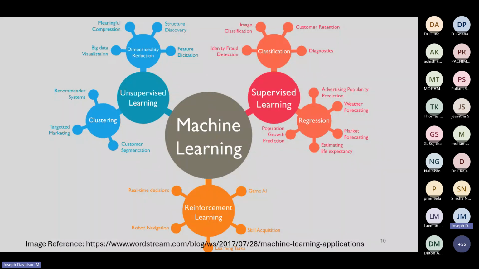And in machine learning, there are different types: supervised, unsupervised, reinforcement learning. Like that, there are different types. In this particular lecture, I am going to use supervised learning, and in particular, I am going to use classification as well as regression. So we'll try to classify the images that we get and make them into subsets of the main problem. Then using that data, I try to predict, or fit an equation, and try to predict the size of the grains. That is what we are going to do.